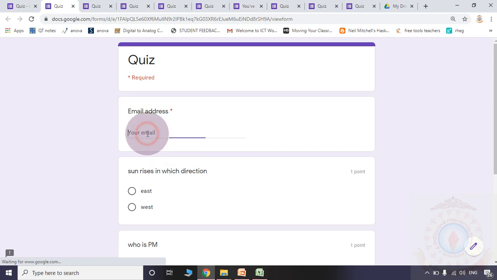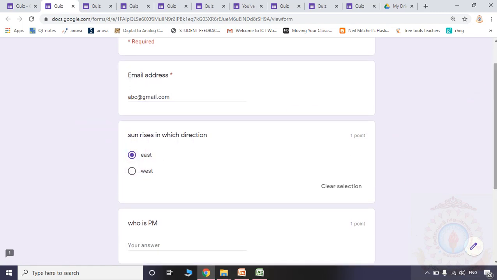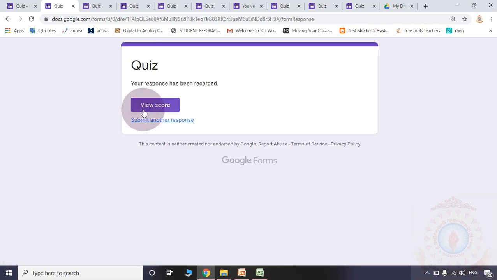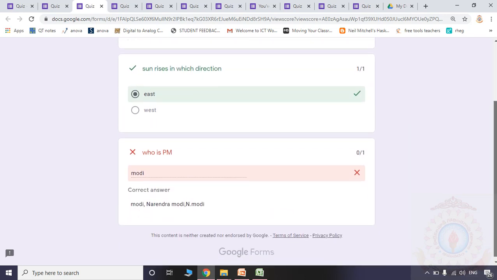Now see the preview one more time. Sun rises in east. Who is PM? Modi Saab. Now see the score. Still only 1 out of 2.